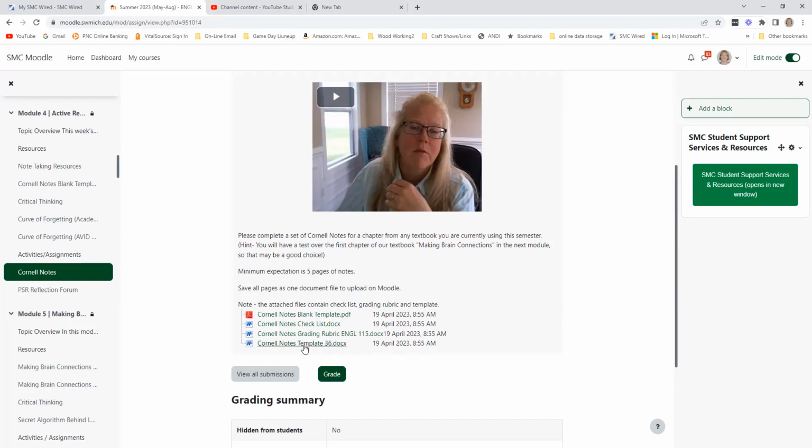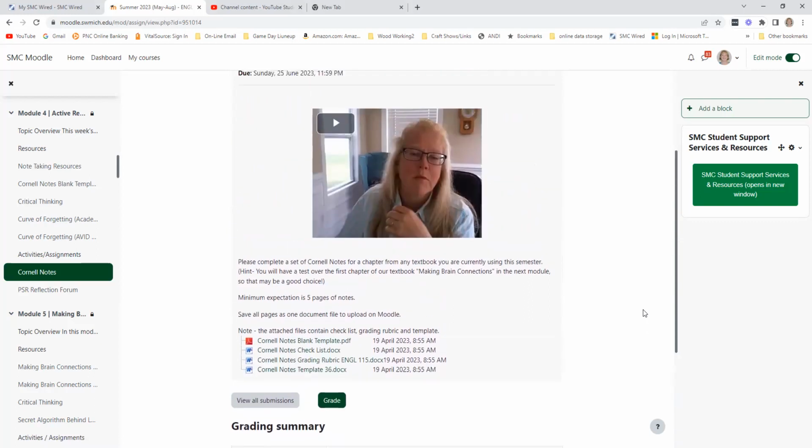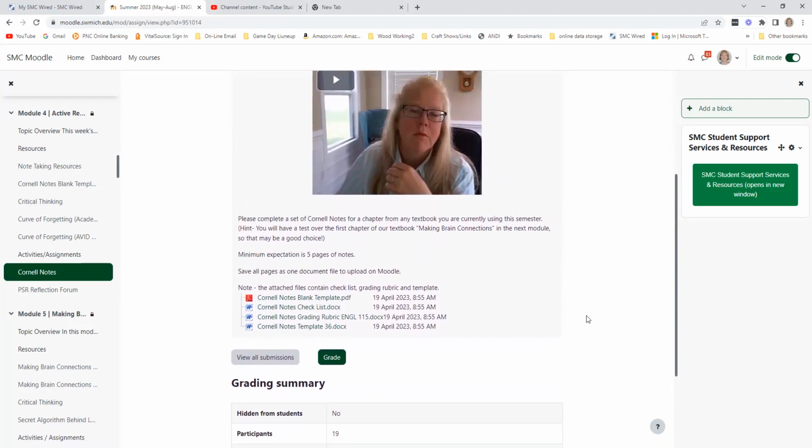If you're printing these out, or if you are doing them online, you will need 5 separate pages. That's it for Cornell Notes. You can always reach out to me if you have questions or concerns after you have done them. If you download the template and you choose to type your notes right in the template,